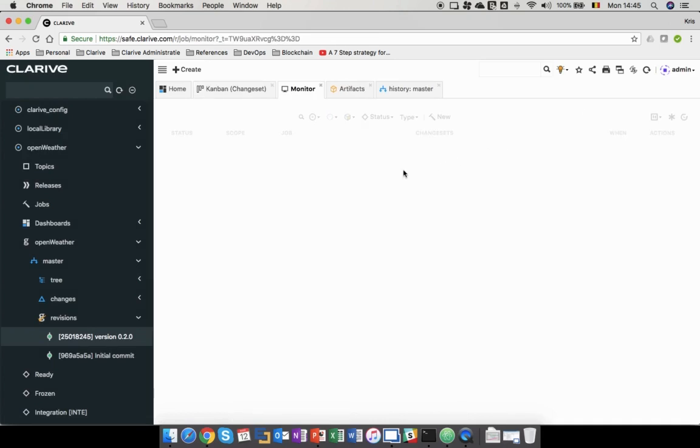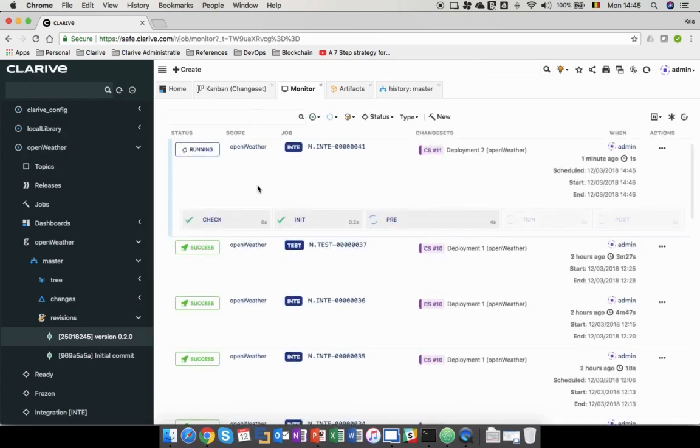So when I open it, this one, and I refresh it, then you see that the monitoring is following up the deployment. He did a check and an init phase, which means he's checking the quality gates. If all quality gates are met, he's checking if the environment is up and running, for instance, in the init